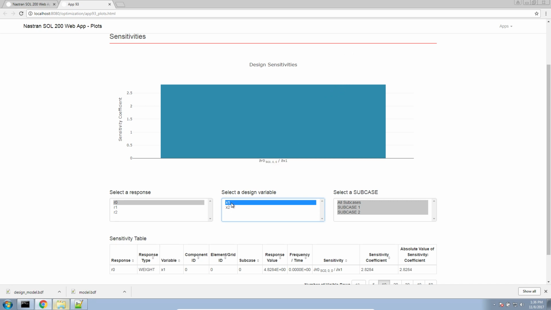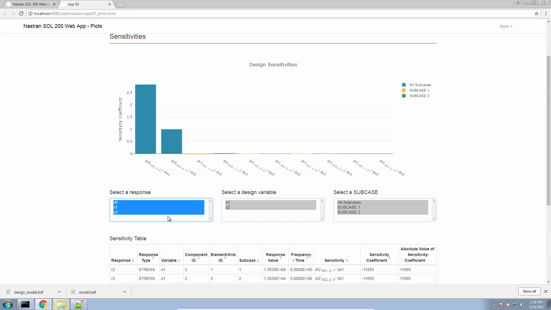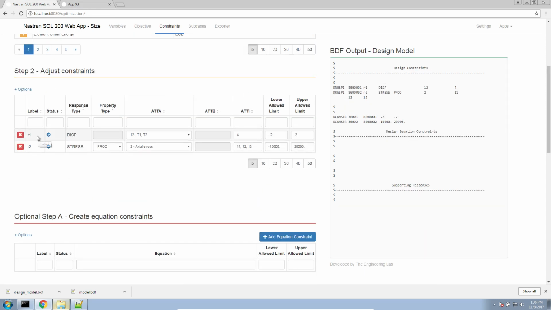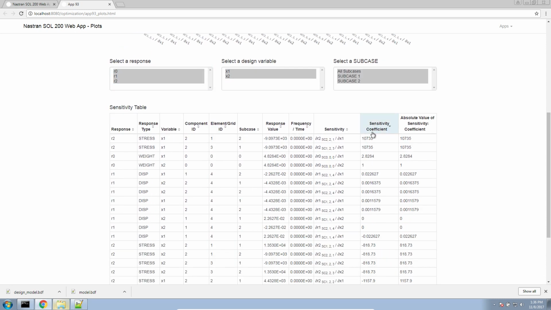I can simultaneously show the sensitivities for design variables X1 and X2. And then here I have that. I can also show the sensitivities for R1 and R2. R1 and R2 are the constraint labels here. So displacement and stress. One comment regarding the table here, you can sort the table